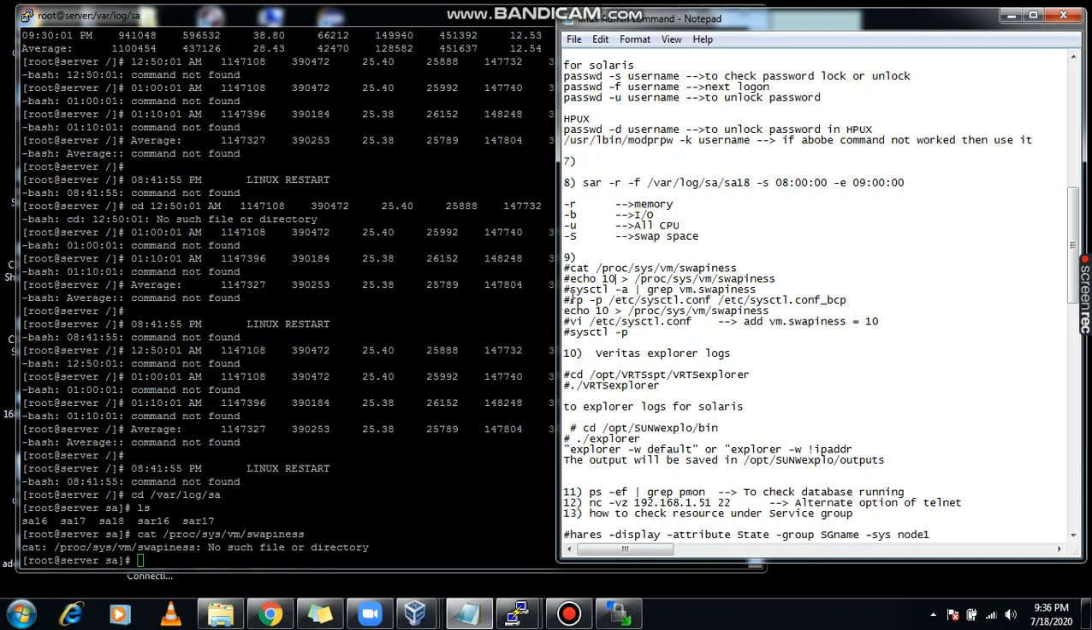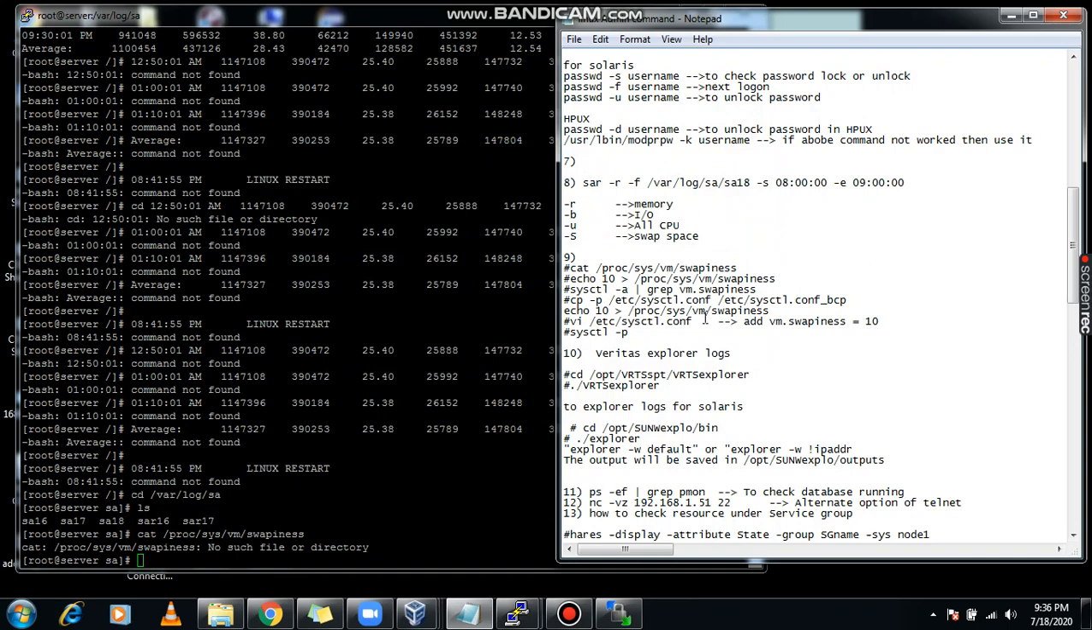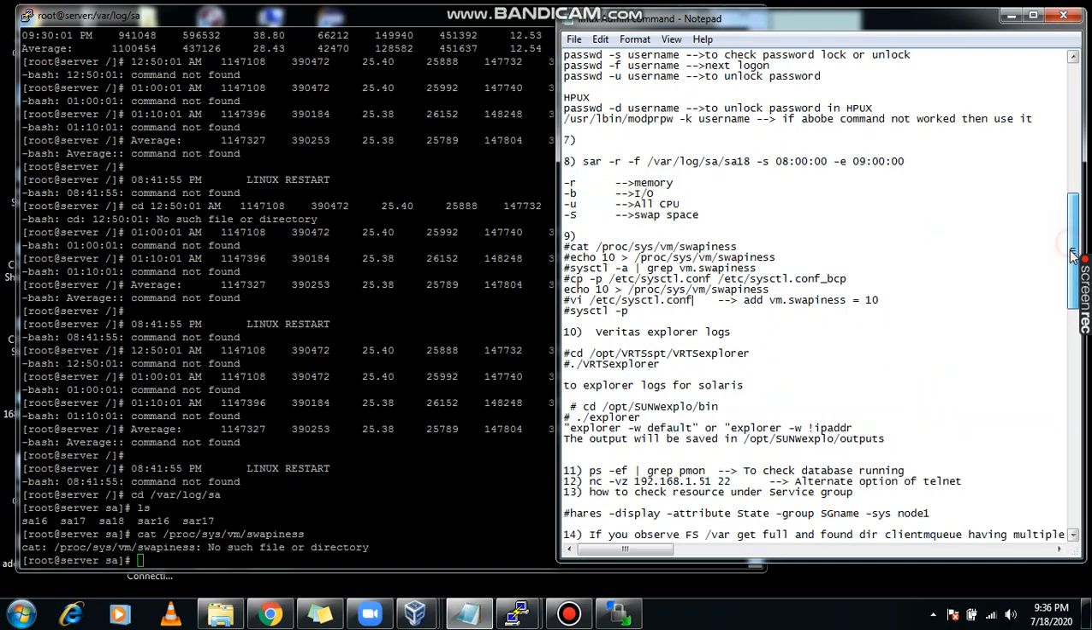Also you can change it using the sysctl.conf file. First take a backup of the sysctl.conf file and set this value, and the sysctl -p command is used so that whatever configuration you have changed in sysctl.conf will be reflected easily, so there is no need to reboot your server. If there is some vendor case like Veritas or your